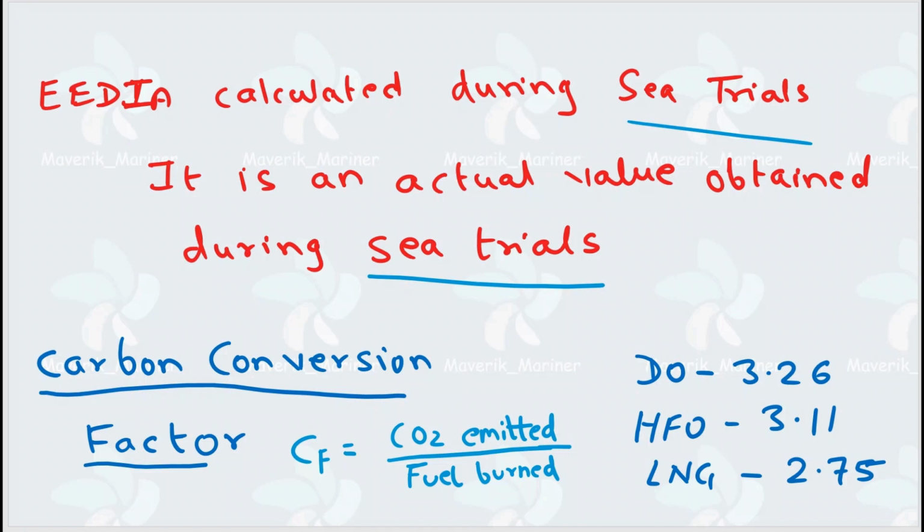So CF is the carbon conversion factor. It is mass of CO2 emitted per mass of fuel burnt. So here you will see DO has 3.206, HFO has 3.114, and LNG has 2.75. Now